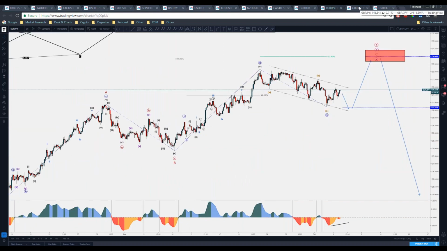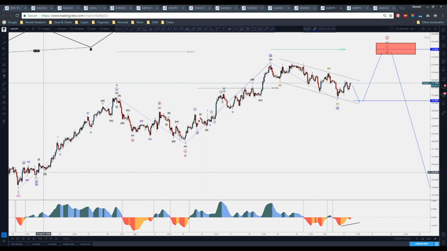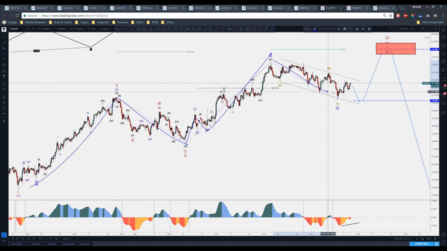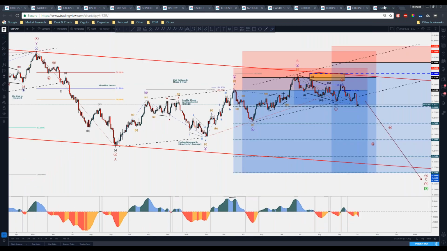Now, as for the Euro JPY, I'm labeling this as an ABC, minor, red, then corrective B, and 1, 2, 3, 4, in a complex structure. And we'll see if this occurs, but one more leg could be on the menu for wave 5, and thus a continuation, because this is a big corrective structure, right? And USD CAD, I've been active right there. Anyhow, so